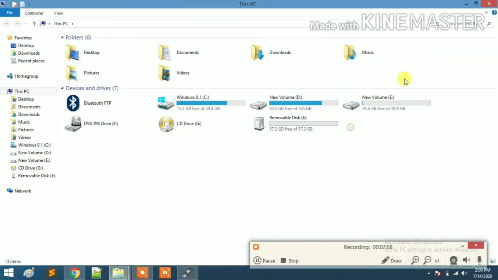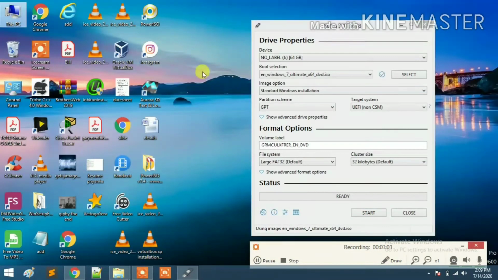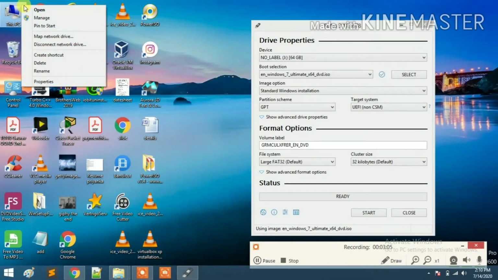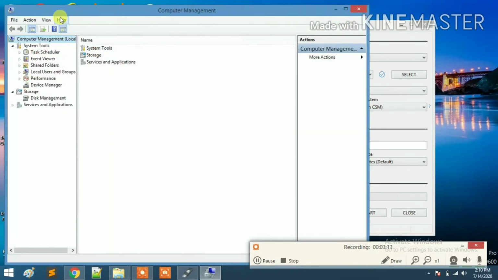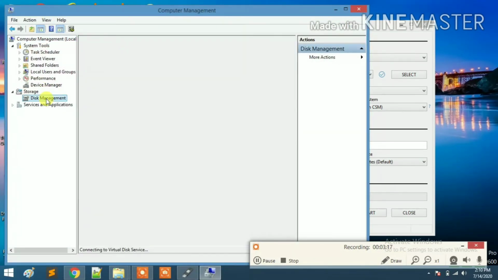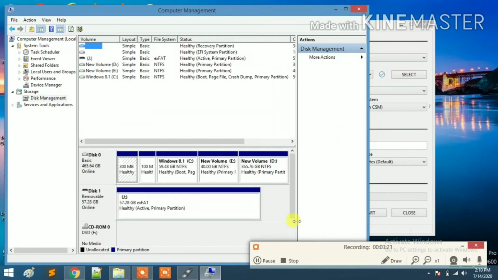How to check? Okay. To check the partition scheme, right click on This PC and click on Manage. This is the second option. Click on Disk Management, and here you have an option that is your pen drive.